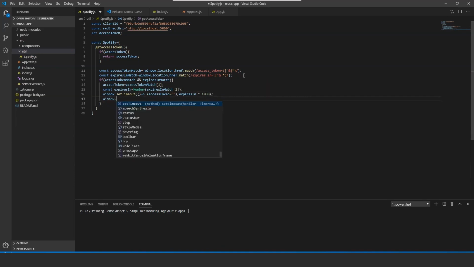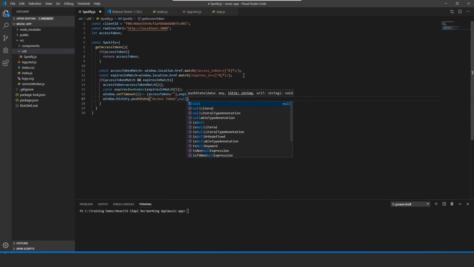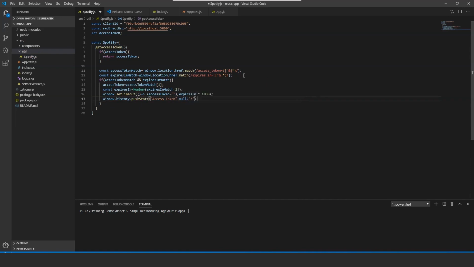Then we will say window.history.pushState, and we will say access token. We'll pass the second parameter as null, the last parameter as slash, and close this, and we will return access token. Else we will say const access URL equal to https